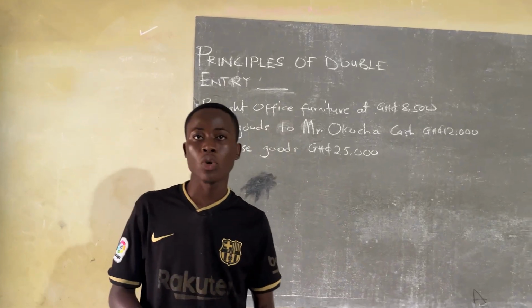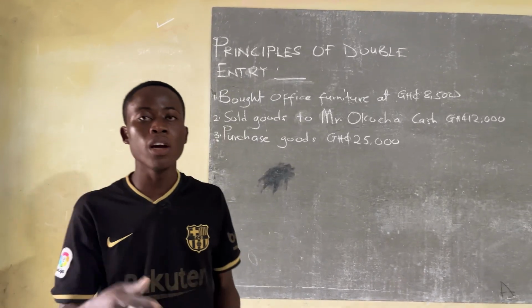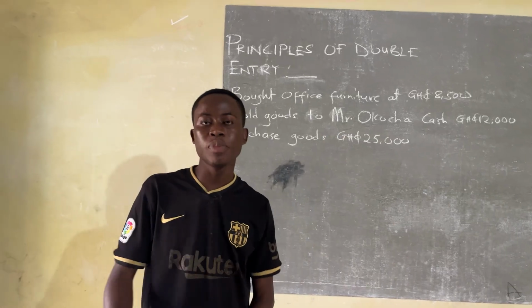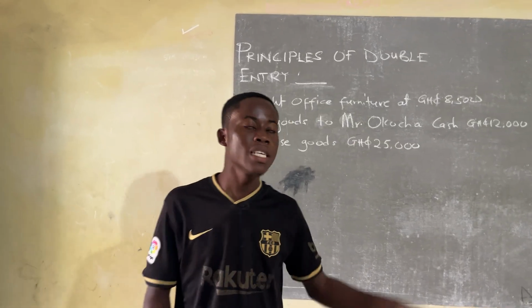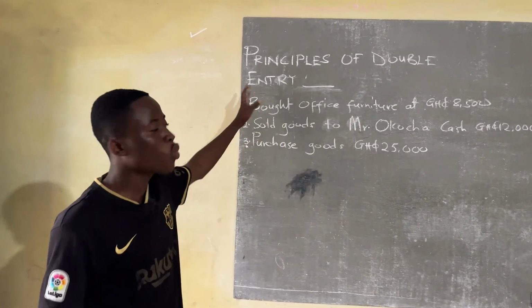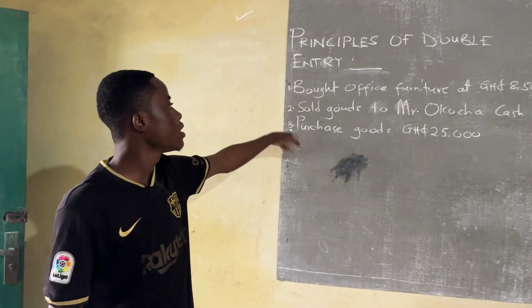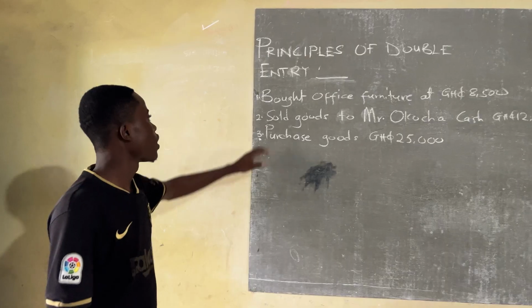We all know the principles of double entry is the golden rule of accounting, which states that for every credit entry, there must be a corresponding debit entry. And for every debit entry, there must be a corresponding credit entry. So now, let's consider the following transactions and then we take it up from there. Now, considering the first